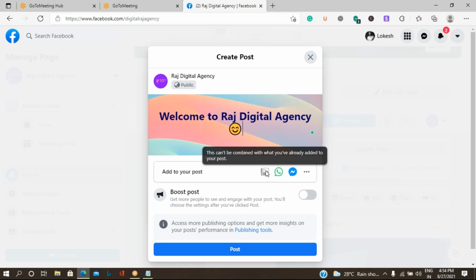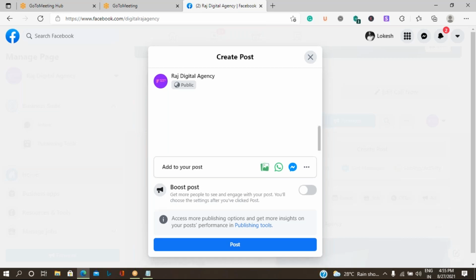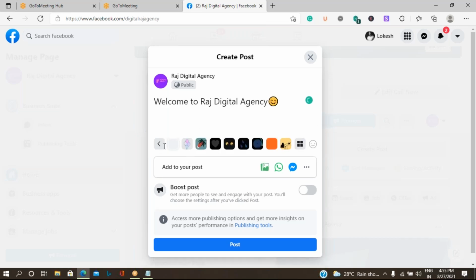Otherwise, if you use the hybrid colors, then you are not allowed to use an image. Okay, so now if I want to remove this hybrid color, you can select the blank, that is white background. So it turns into white background. Now the hybrid colors have been removed.